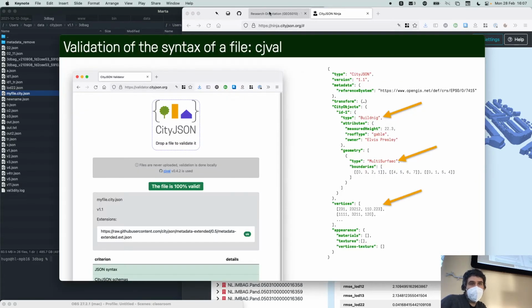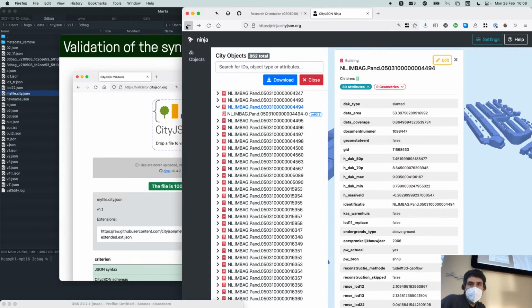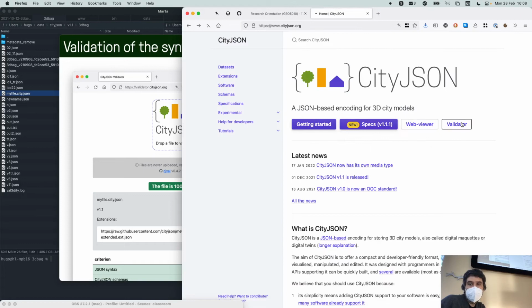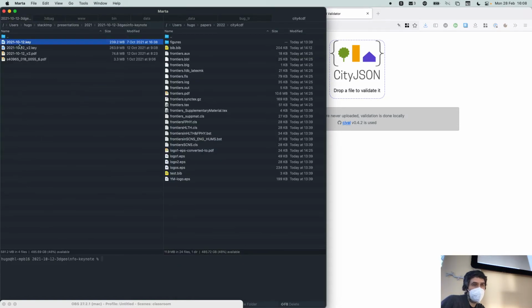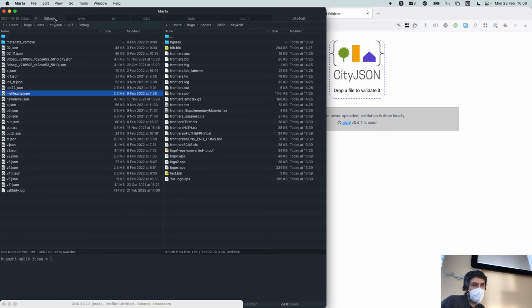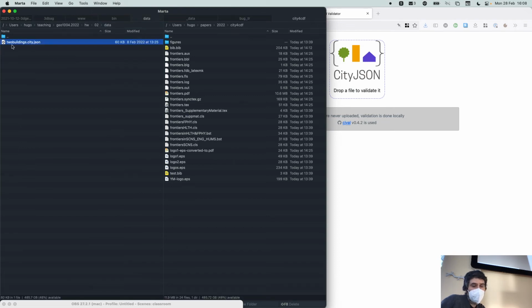Another software that you might use is the validator. If you go to the main page, there's also a validator. A validator basically says, if you have a file, does it respect the syntax that it's supposed to? So you're supposed, for example, to